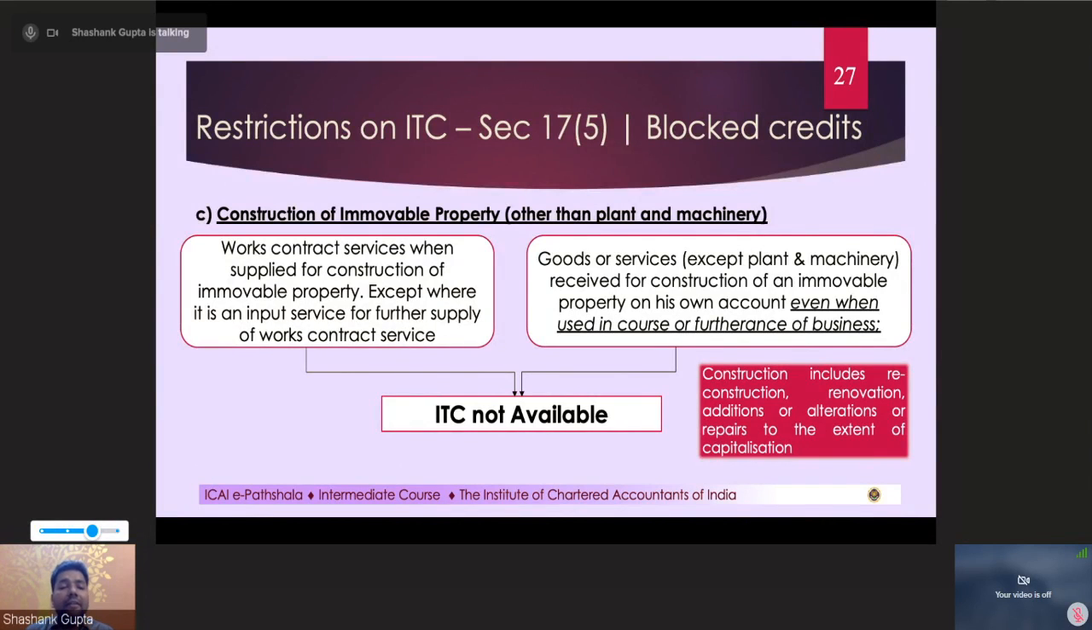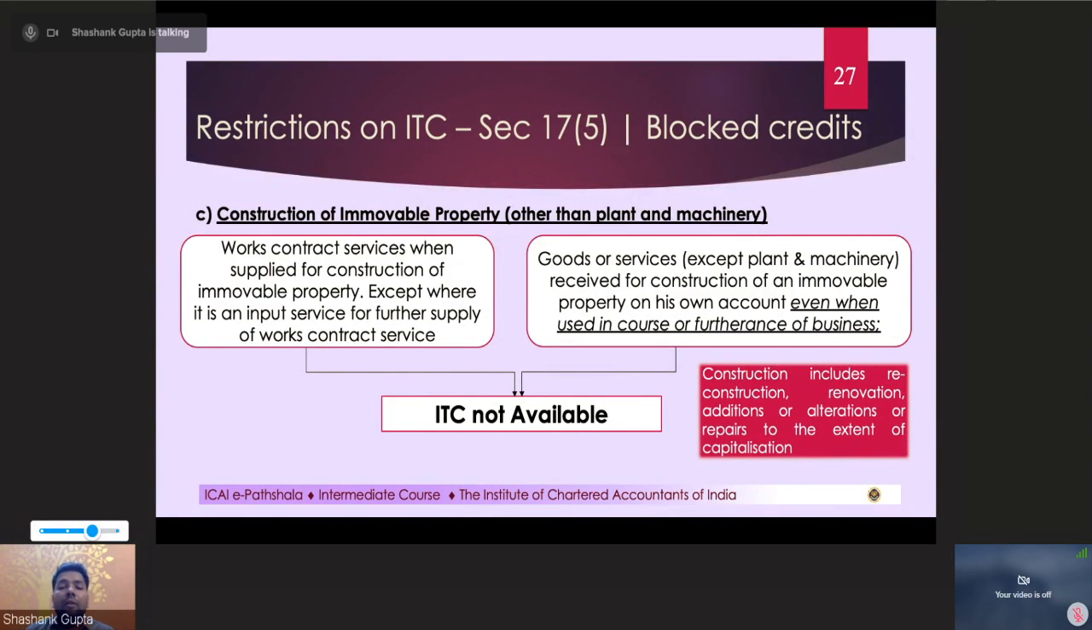when works contract services have been received, so you become a chartered accountant and you earn a good amount of money and you identify a plot of land and you say that I will build the house of my dreams and contractor, whatever money thou shalt demand, I shall pay to you. And you say that I will avail the GST credit and suddenly you recall, no. The law says works contract services when supplied for construction of immovable property, no credit available except